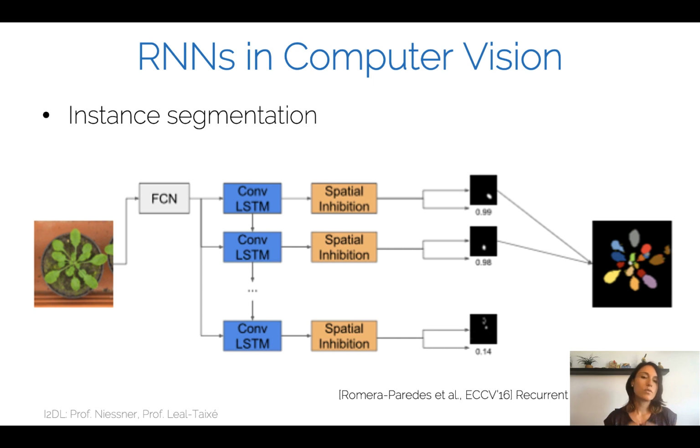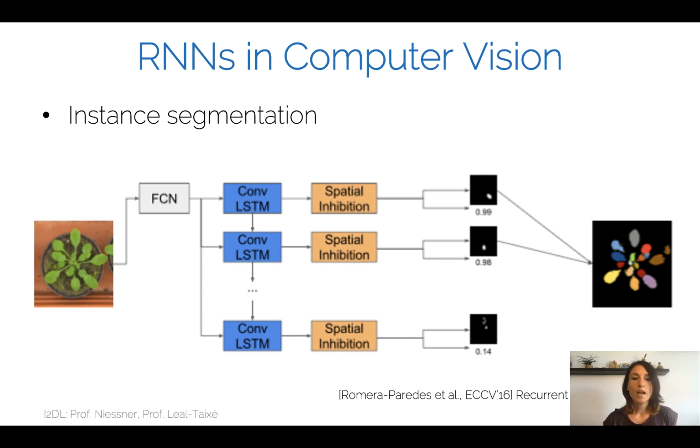But we want to separate the different instances of a particular class. For example, we want to identify different people inside the label person. In this case, in this particular example, we want to enumerate the different leaves that we can see in this